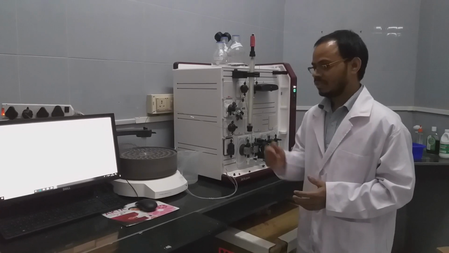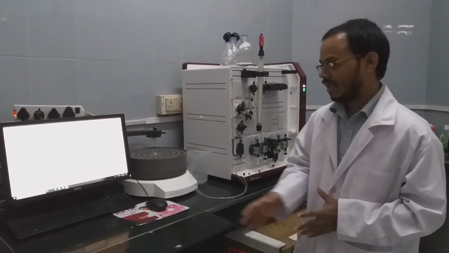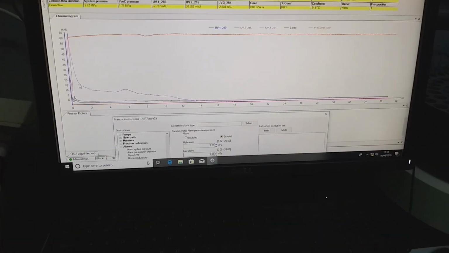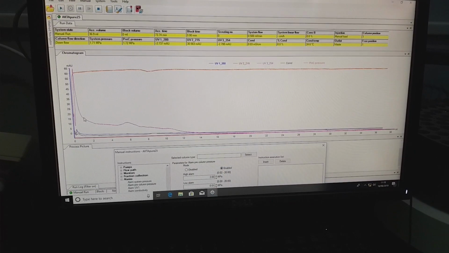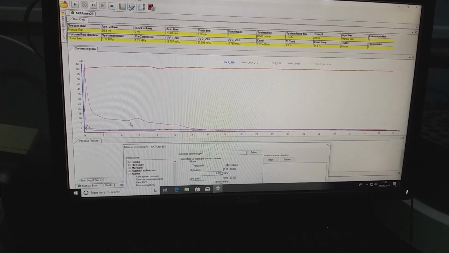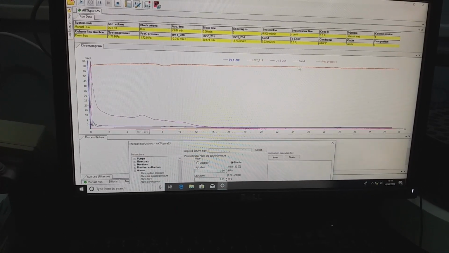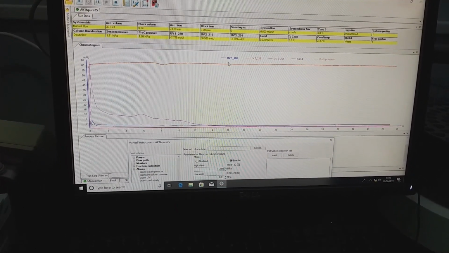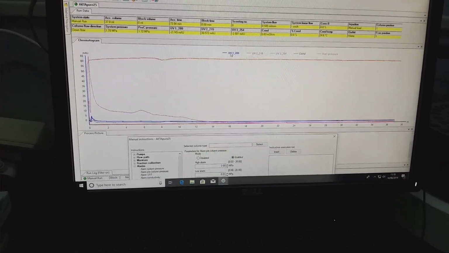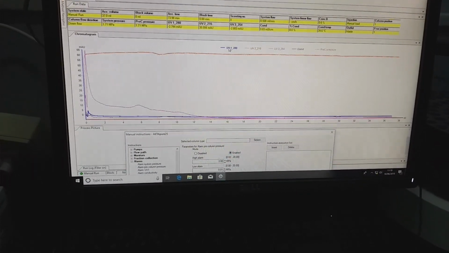So this column is equilibrated, as we can see here. We introduced buffer after removing 20% ethanol and water also. The blue line corresponds to 280 nanometers, which is relevant to protein.